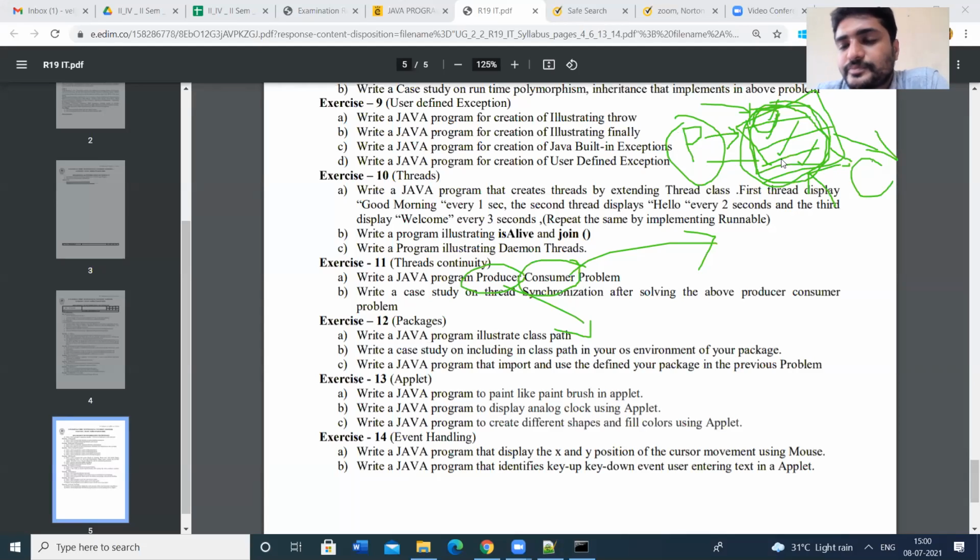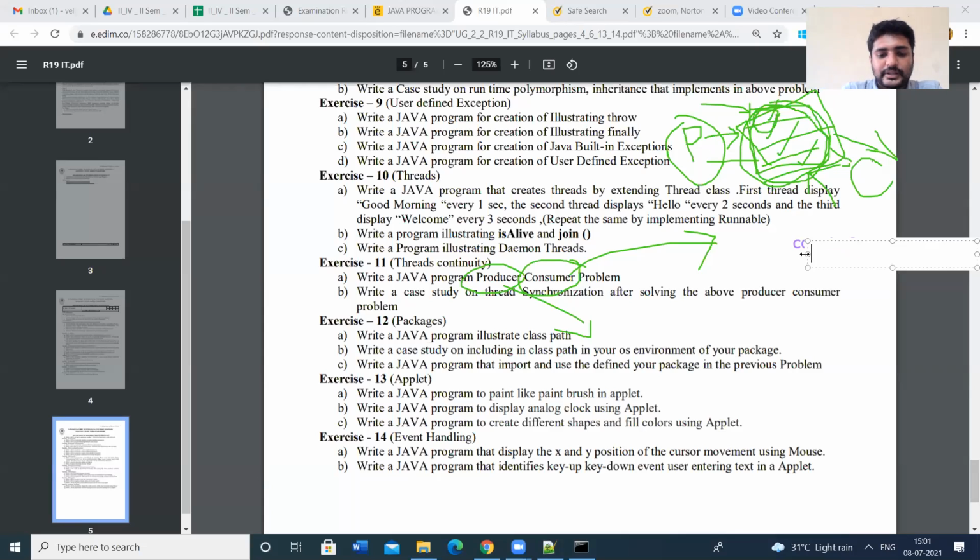Here, one more thing. Whenever the producer places an item, we have to increment the count. Suppose here I have taken some variable count. Initially count equals 0. Whenever one item is added into the memory, the count value has to be incremented. Count plus plus.